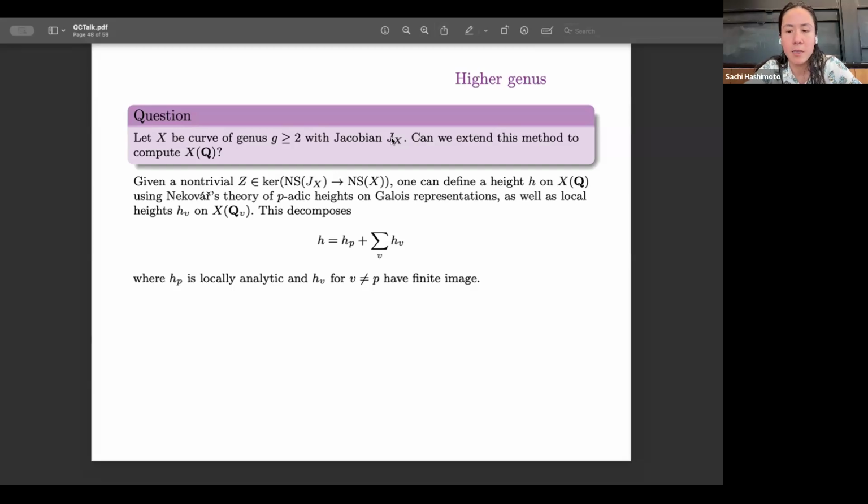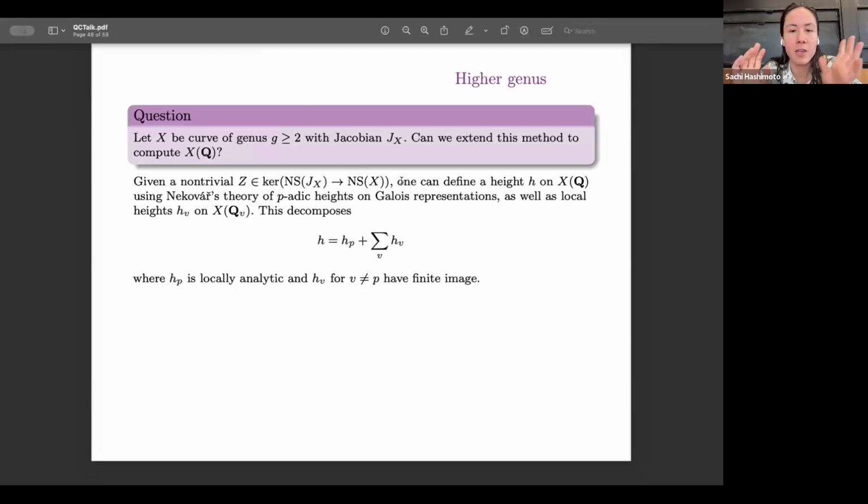Like we saw in Alex's talk and Jen's talk, we have to fix some correspondence or endomorphism of our Jacobian. So I have this Z in the kernel of the map from End(J) to End(X). And using this correspondence along with a rational base point, which I've just suppressed from my notation, I apologize, then we can define a height on the rational points of X